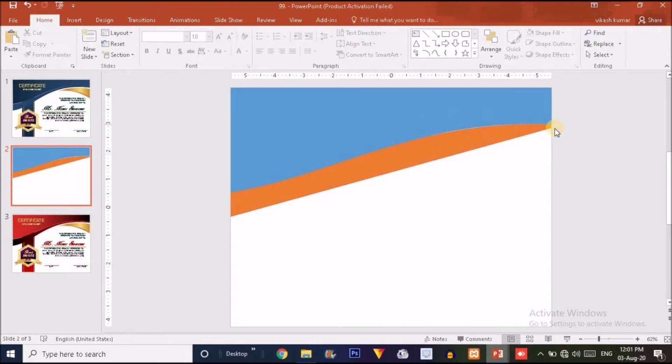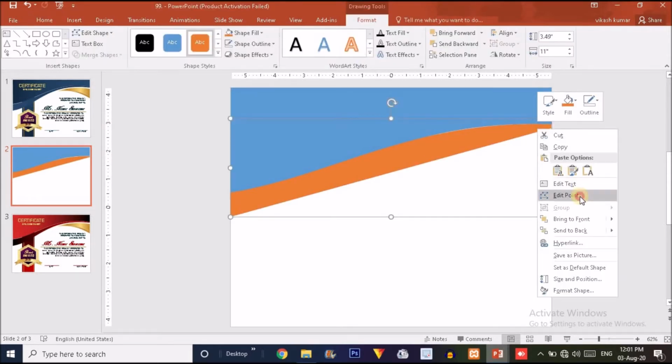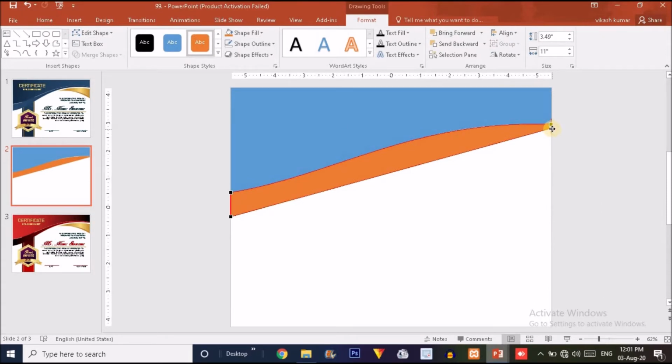Now right click over here, Edit Points, click on the bottom black dot like this and drag it something like this.